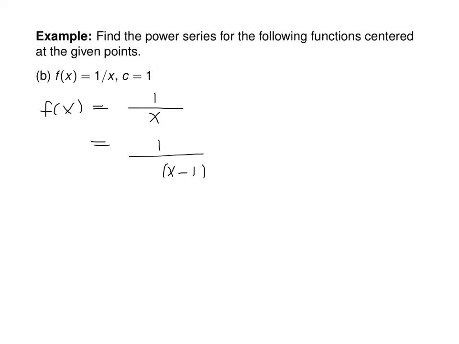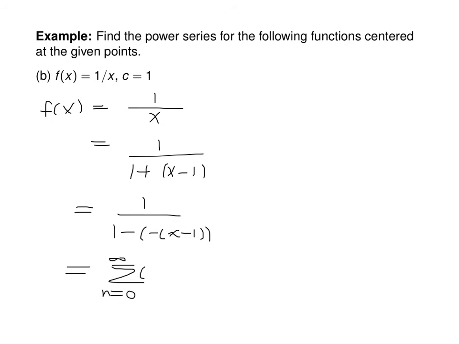So to do that, we will have to add 1 plus in the denominator to compensate, so we still have a representation for 1 over x. And then to use the geometric series formula, I have to make that into negative x minus 1. So now I can express this as a sum from 0 to infinity, negative x minus 1 to the n,